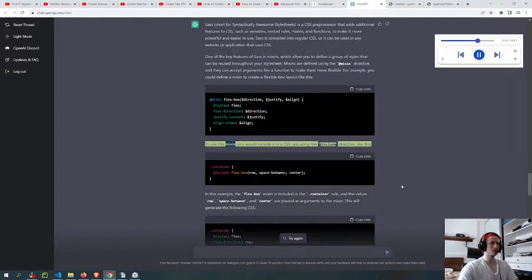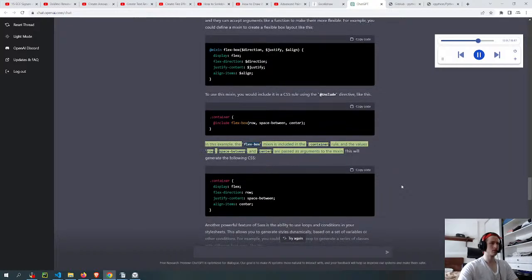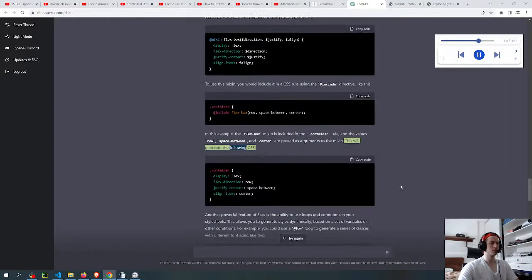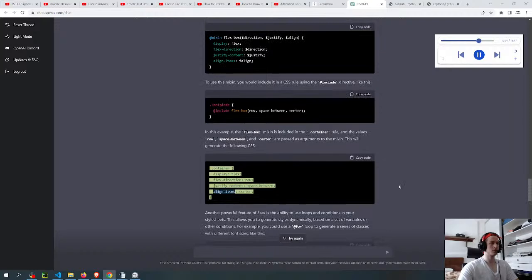To use this mixin, you would include it in a CSS rule using the @include directive, like this. .container { @include flexbox(row, space-between, center); } In this example, the flexbox mixin is included in the .container rule, and the values row, space-between, and center are passed as arguments to the mixin. This will generate the following CSS. .container { display: flex; flex-direction: row; justify-content: space-between; align-items: center; }